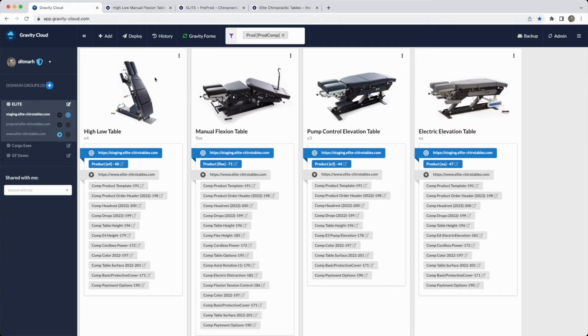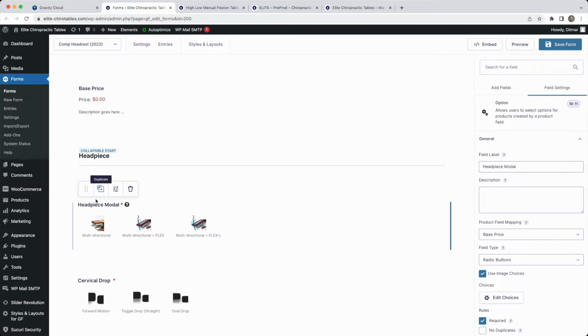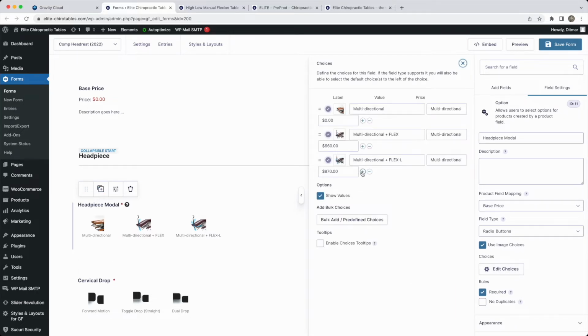First off, when you come back to Gravity Cloud, you'll see next to all the components, there's a little arrow. This indicates it'll open up that Gravity form in a new tab. So if you click the arrow, you'll see a new tab opens up and you'll be seeing the familiar Gravity Forms interface. Now I'm going to add our new option. So I'm going to scroll down, edit choices, add a new choice,